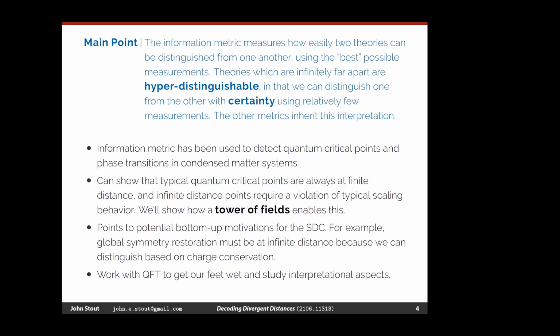Yeah. I like, for example, that it's clear that if you have a global symmetry restoration, then it's going to be qualitatively different, and then the infinity stuff. Can you think of another example? Can you think of a limit that doesn't have a global symmetry restoration and has something else that would also make it qualitatively different? And then I think we could use this to argue that we have some global symmetry at infinite distance.